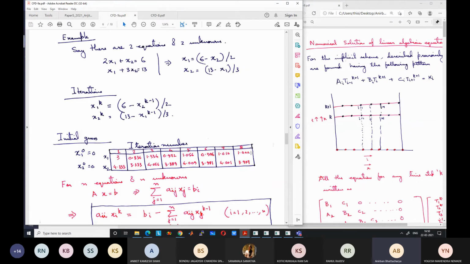It may not be 1.000. It could have been 1.001 also, and 3.997. So compared to the previous value, we are seeing that the previous value is 1.01 and now it is 1.00. We don't know the correct solution is 1. That should be clear to us, that we don't know the correct solution. What we are checking is that the change in both the equations is less than a certain value. Our criteria was that the change in both the equations should be less than 0.01.